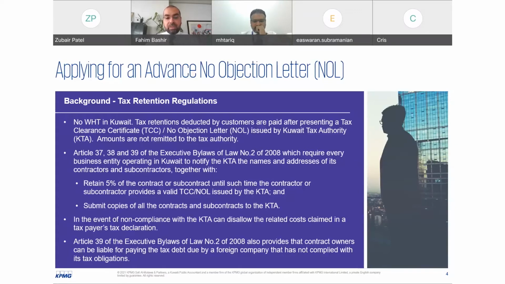Thereby, having a compliance process in place, having a framework in place internally within the finance function to manage a tax retention on vendors and suppliers and service providers. And overall, this framework is where we see a lot of clients asking questions. Okay, what is the most effective way to manage tax retention as an internal finance function? But also the companies that are receiving payments receive deductions. So what is the best way? What is the most efficient way to obtain that release of retention?